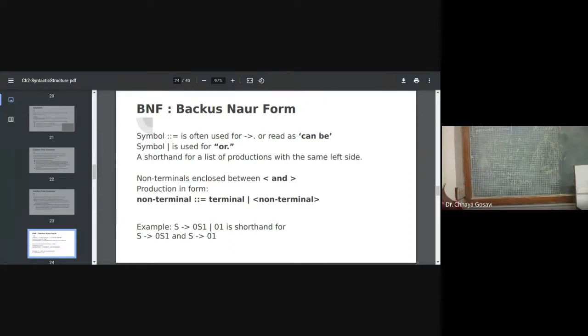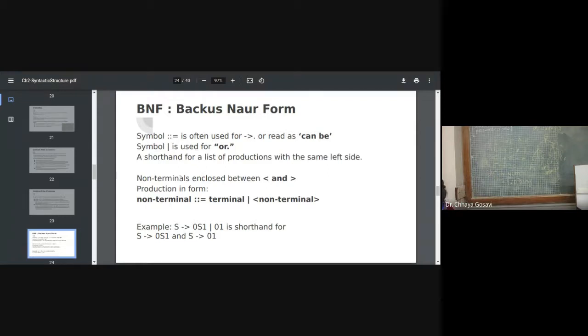And if you want to write in the form of BNF, that is Backus Normal Form, instead of this arrow, you have to use colon and equal to. This colon-equal symbol is often used instead of the left hand side arrow. It is called 'can be'. And the vertical bar is used for 'or'. So we can add all these expressions on one line.